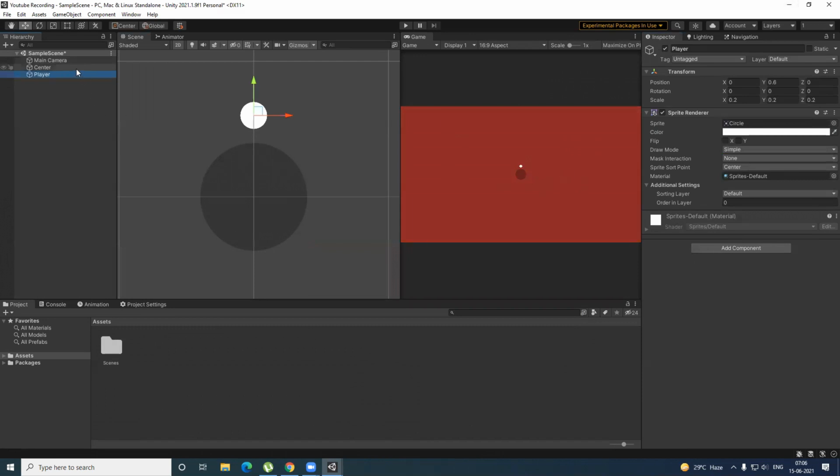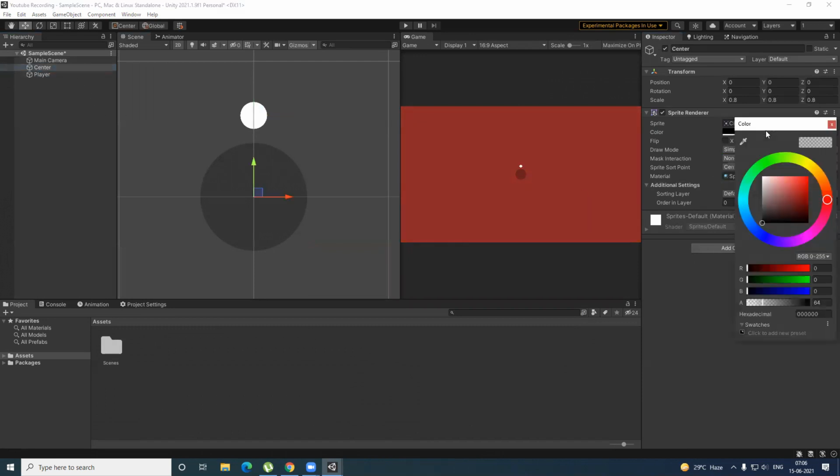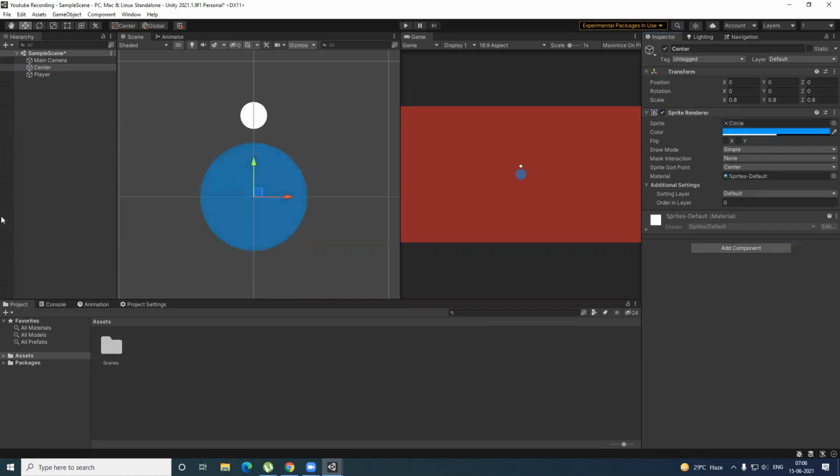According to that, I have to change the color of the center. Let's make it somewhat blue. No, let's pump up the alpha, divide by 2, then try green, blue maybe. This one looks good, cool enough. So this is the basic setup.